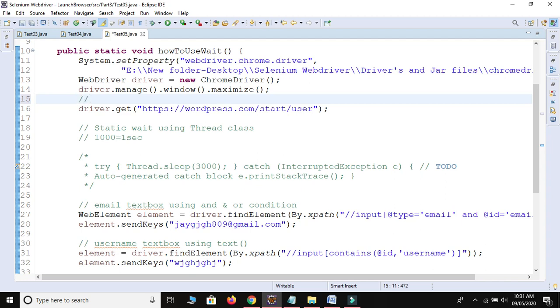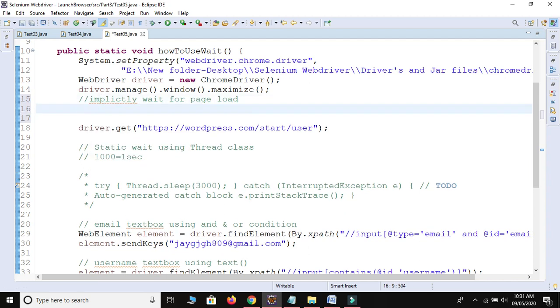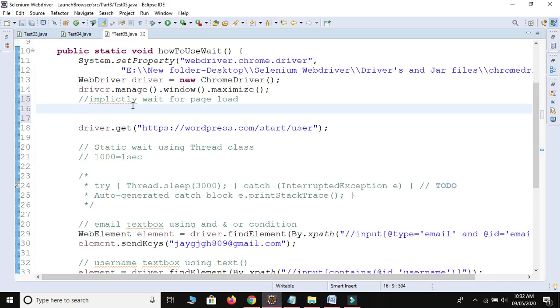So we use implicit wait for page load, and for elements. Let's use implicit wait for the page load timeout.